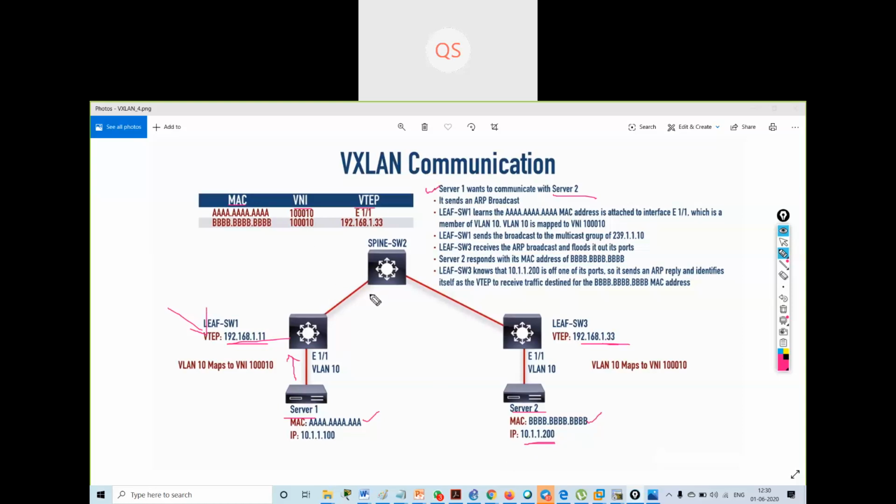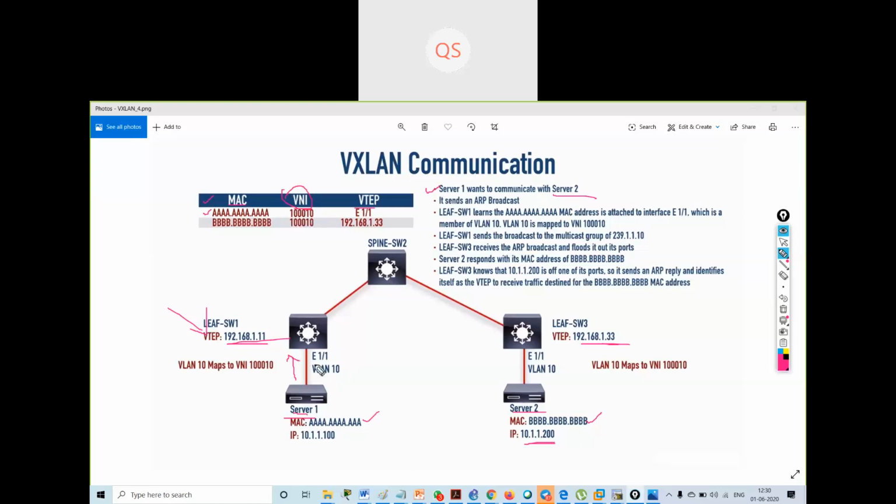So the switch will have the MAC address table. It will check the MAC address table, but it does not know on which interface this MAC address is connected. So it will make an entry that the AAAA MAC address, server A, has a VNI number 1010.